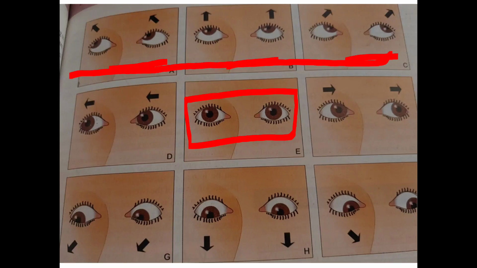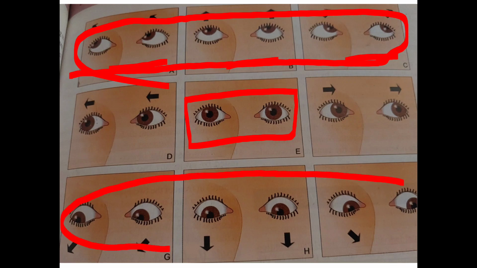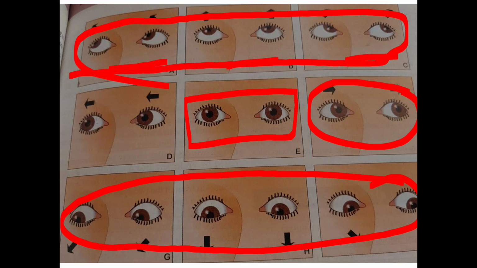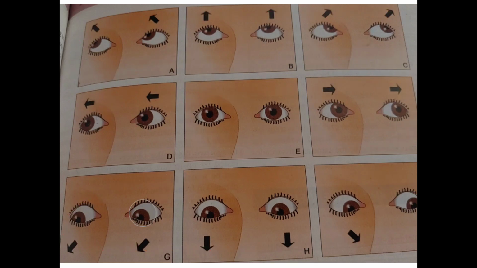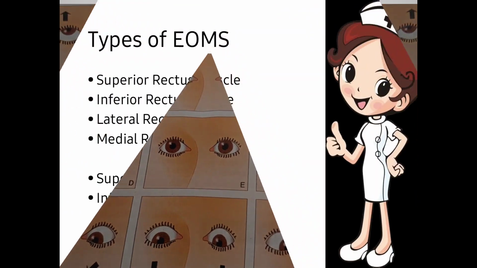All these three movements are for the upside, when we look at the upside. All these three movements are those when we look at the downsides. And this one is the eye movement when we look at the left side, and this one is responsible when we look at the right side. Okay, so all these movements take place by our eyes, and extraocular muscles are responsible for controlling all these movements.